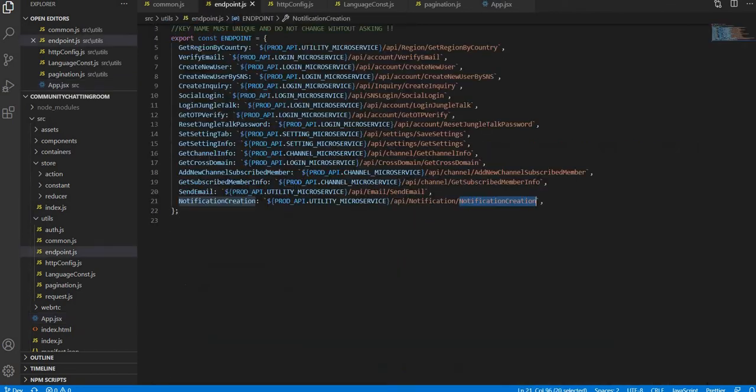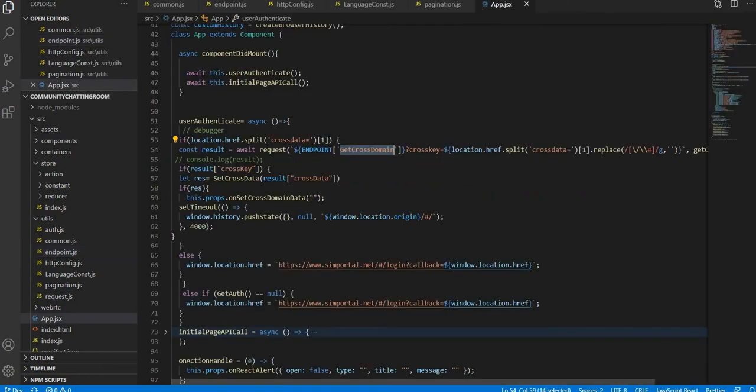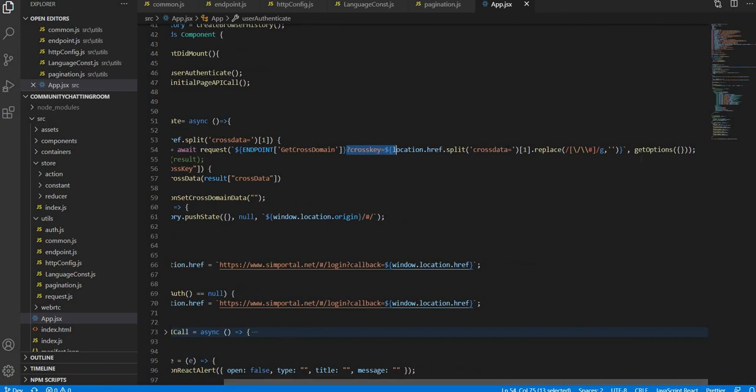Now if you come here and see get cross domain, this is the key one. If we pass this key, internally it will point to this URL. Now again you come here, and through a query string I am supplying some value, and as a query string I am just passing the data, and as the get option I am just providing blank.